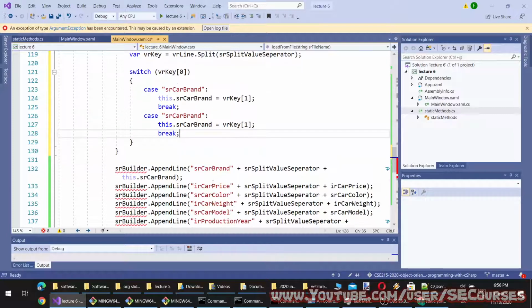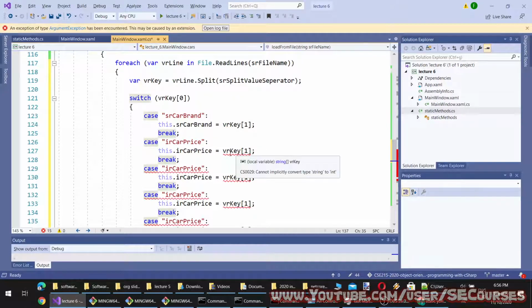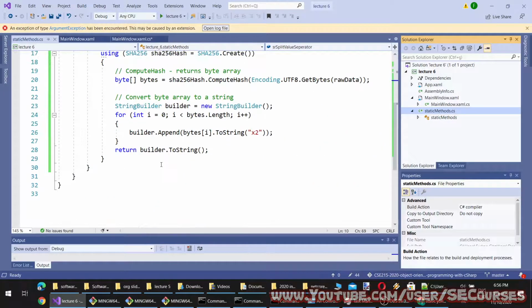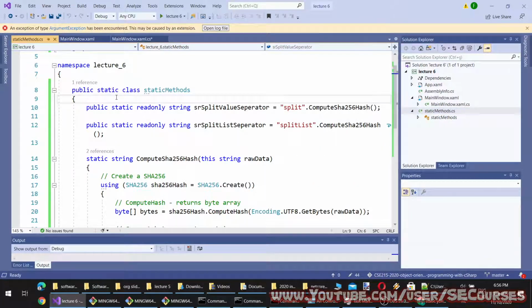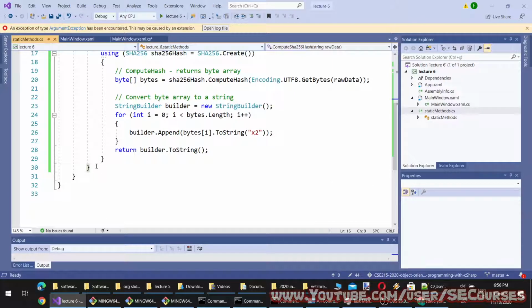And then if it is car price, it will be car price like this. Okay, you see it says this cannot be string to int. Then I will write an extension like this one. You see there is no ToInt method. So I'm going to code it myself as an extension, ToInt. It will take this